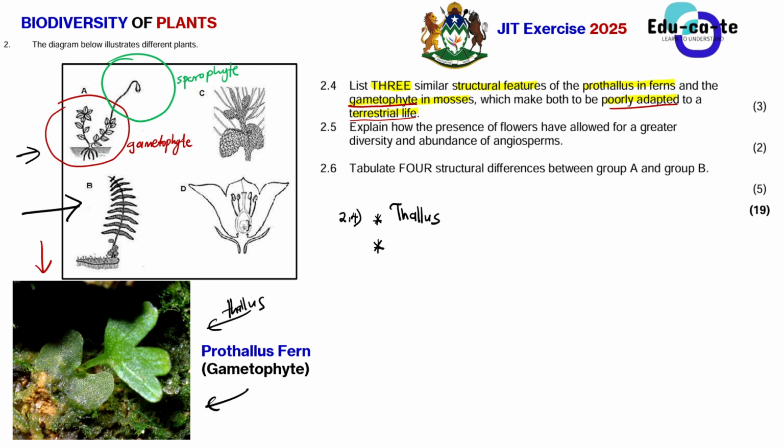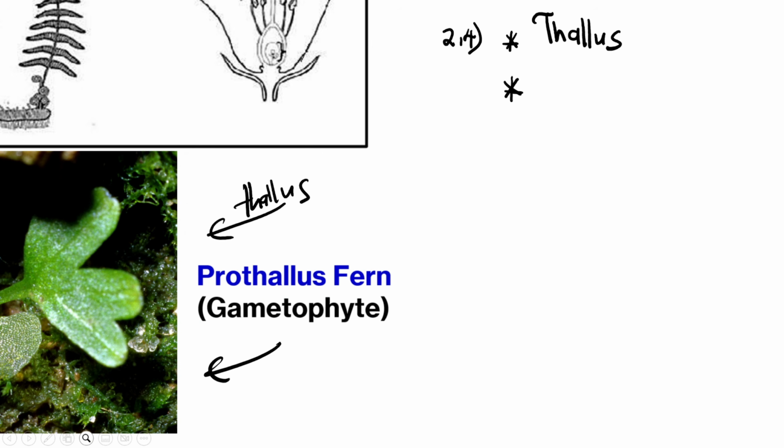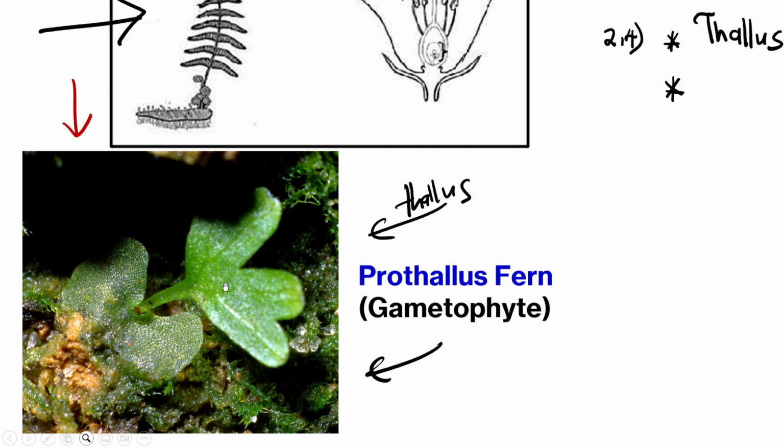Those are the tissues responsible for transporting water to the plant, so that the plant can grow. So a prothallus fern is still young. It does not have true roots. You can see, guys, I've zoomed in a million times so that you understand here. This is a prothallus fern. It doesn't have true roots, so it cannot have a proper vascular system. And also a